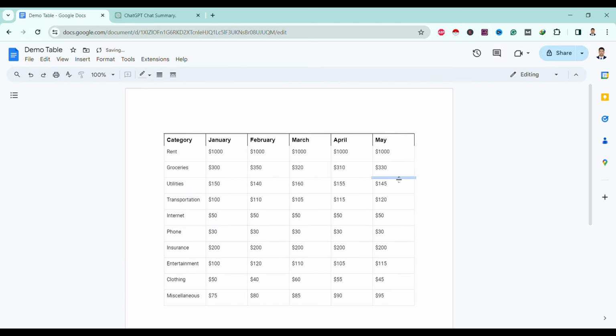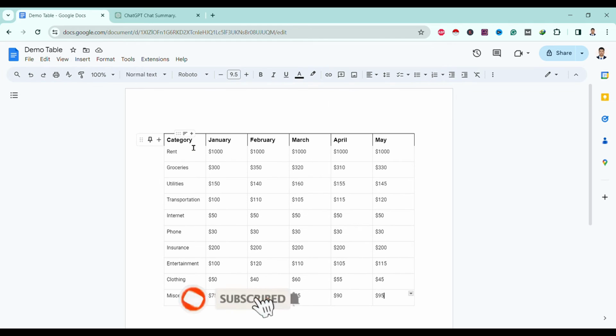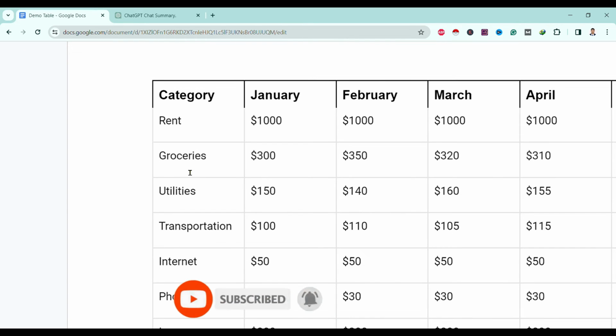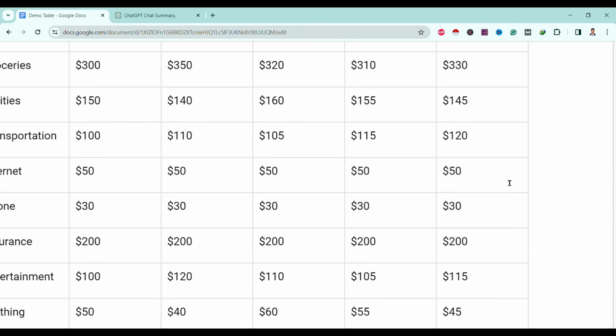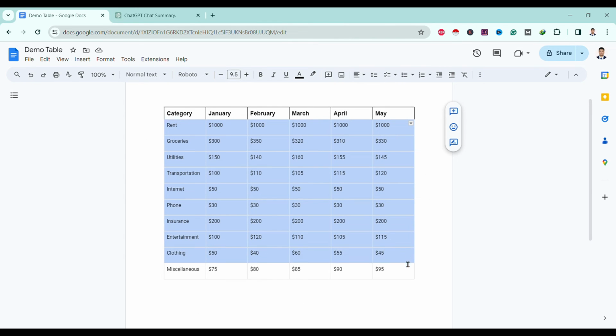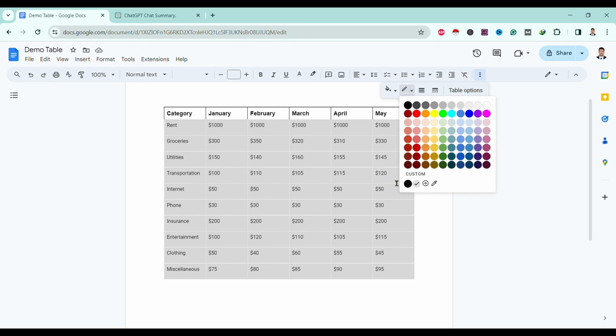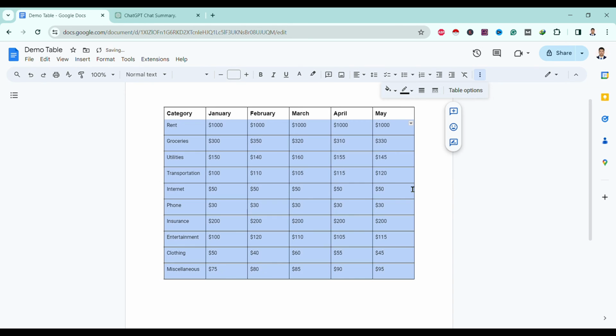V. Now you can see I have copied the data, but you can see the border here has changed. Previously it was black, now it has changed to gray. To change that, select all the data and go over here to this More option, and over here we can find Border color. Click on this and change it to black,